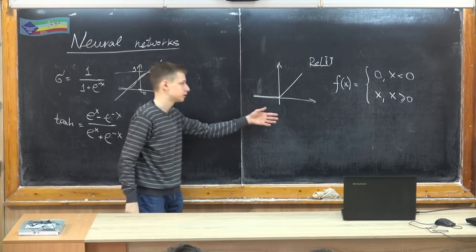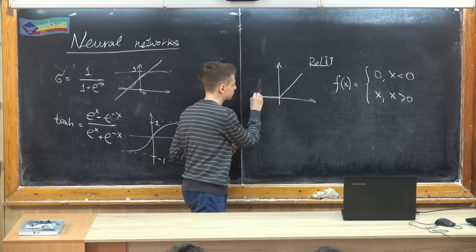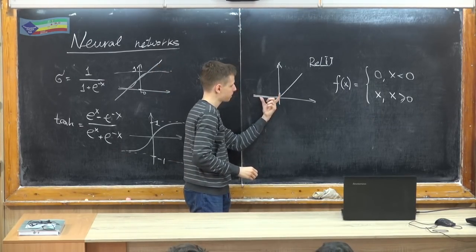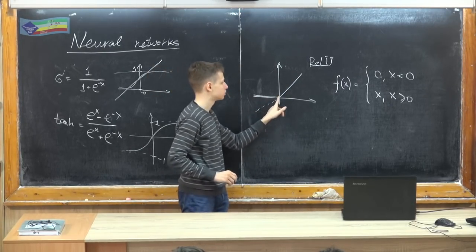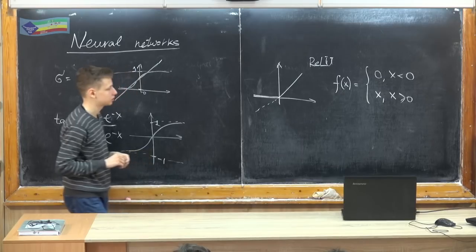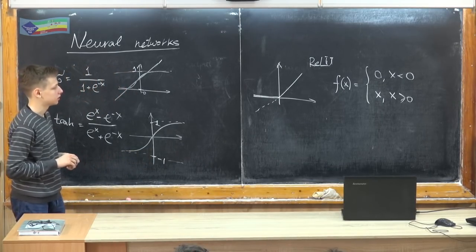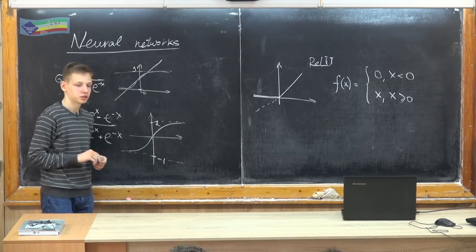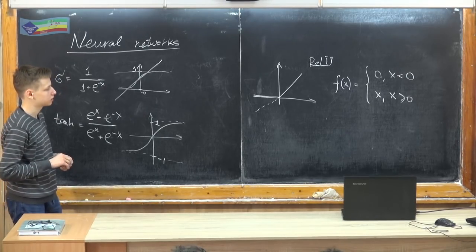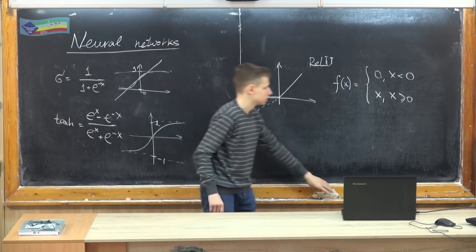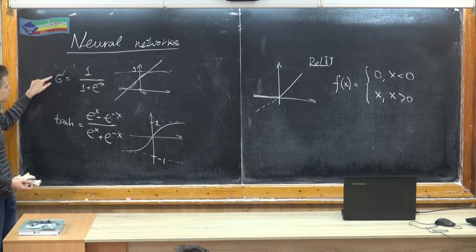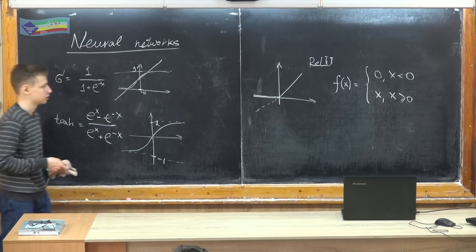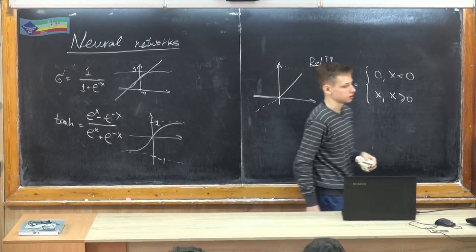And it's not a line. It has this non-linearity. That would be a line, but ReLU is not a line. And it's used mainly in image recognition because it's so simple and it requires much less computational power than the sigmoid function and tangent. And ReLU is probably one of the